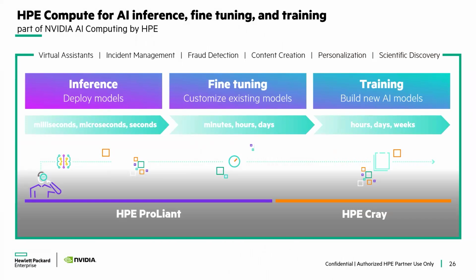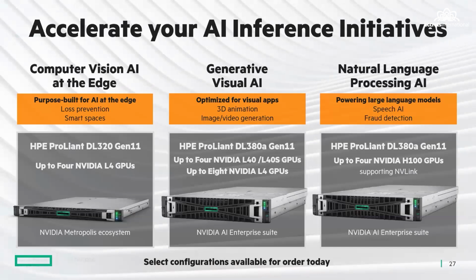If you understand the architecture of AI and IoT, there are a few things: there's inferencing, there's fine tuning, and training, which is what customers like to build for machine learning. On our servers, normally we are using them more for deployment, like inferencing at the edge, and then doing fine tuning. The next slide will show you the different models we have.